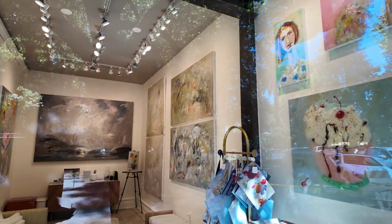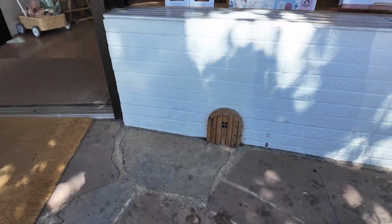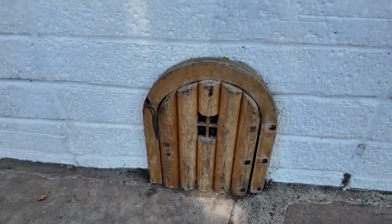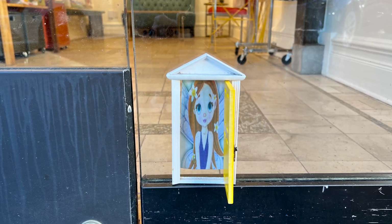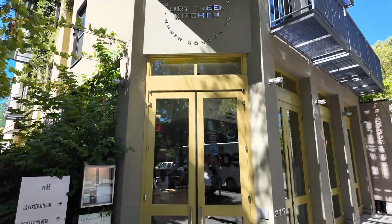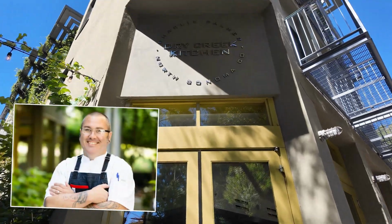If you are ever here with the kids, then send them on a treasure hunt to find the various hidden fairy doors around town. If you actually go to the tourist information place, you'll find a map of where they all are. On the west side of the square, we've got Charlie Palmer's Dry Creek Kitchen with the new chef